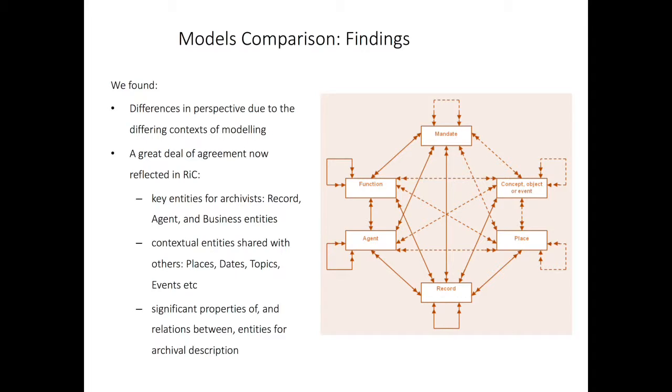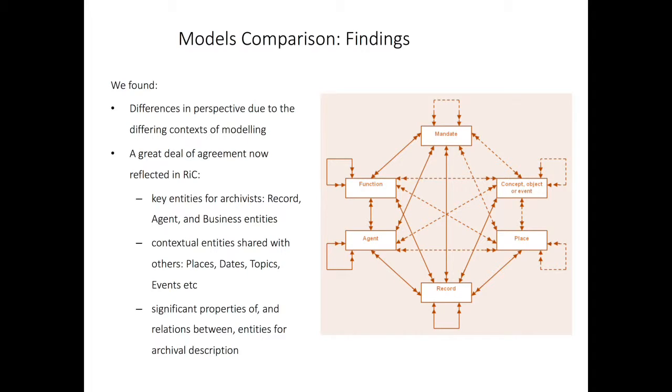And so today I can't go into a great deal of detail, but as I said, I'll try and give you a sketch. I'll begin with the entities, where I'll probably spend most time, and you'll see that we have two types. There are those entities that are really of particular concern to us archivists, record keepers and record managers, those relating to records, to people and to business. And you'll see that we've modelled a number of entities in each of these areas. And then there's also a group of broadly contextual entities, interest and concern for which is shared, and in particular places and dates, space and time, and topics more generally.